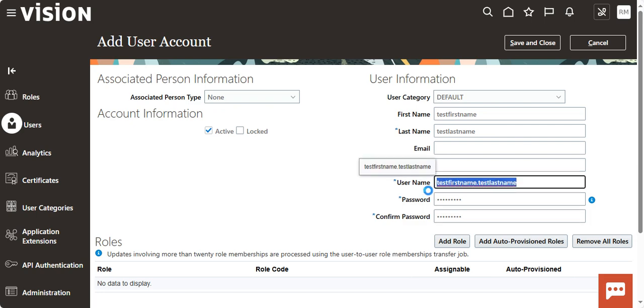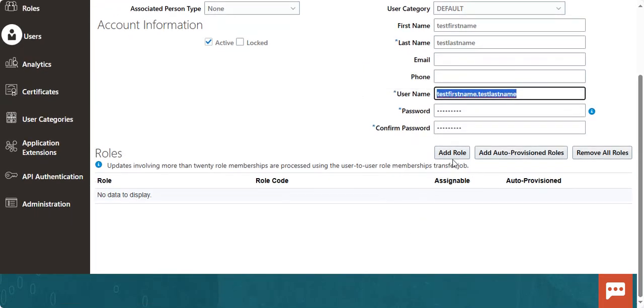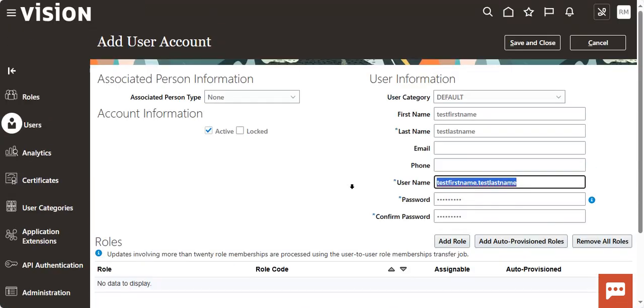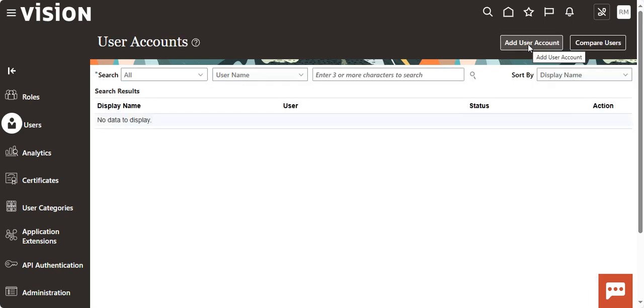Okay, I copy that username. Next roles, add role, add auto provisioned roles, remove all roles. This role functionality I will explain later. First I will create this user account, save and close. User account is created. Once you enter the email, based on that